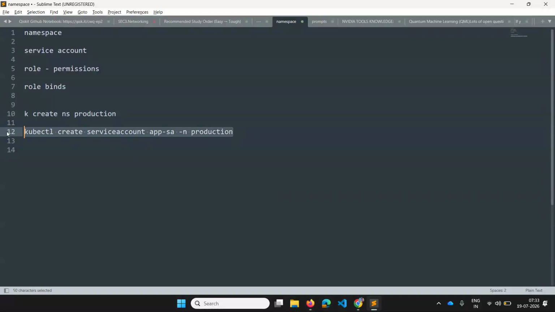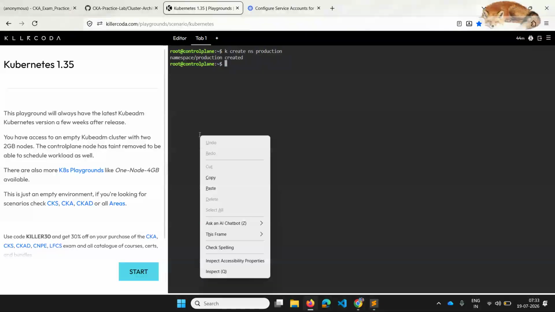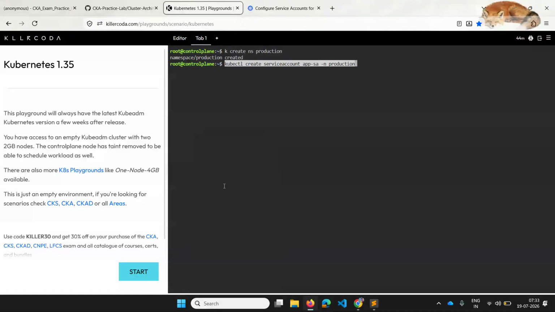And inside the production namespace I'll create a service account, but if I have to use a dry run equals to client, hyphen o YAML, greater than service account one dot YAML.